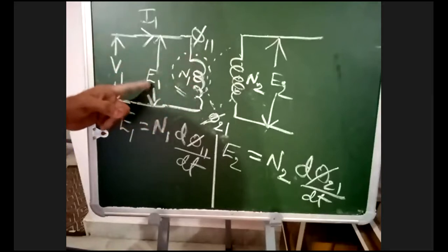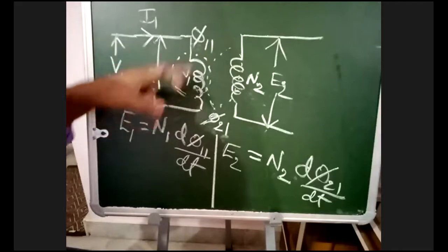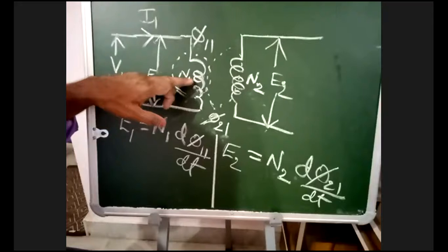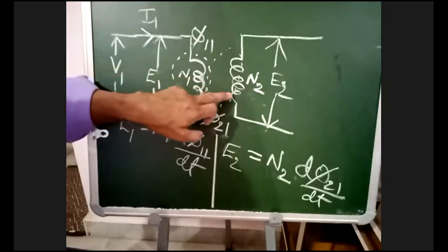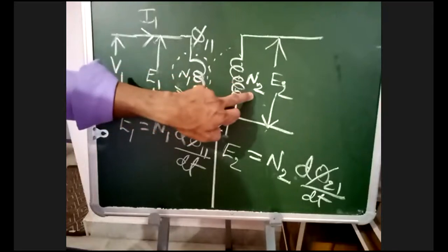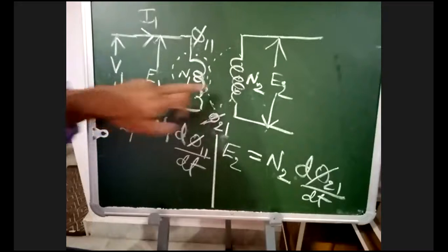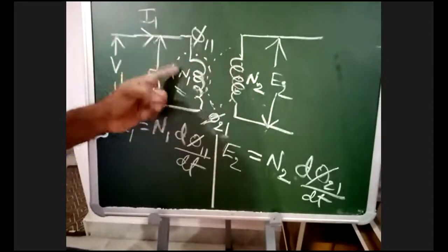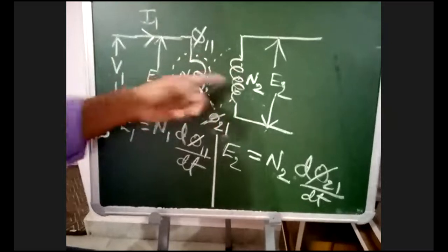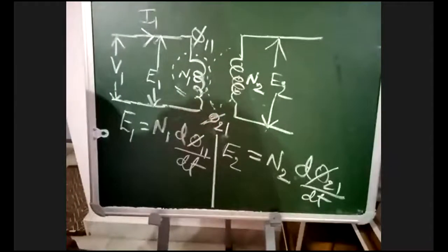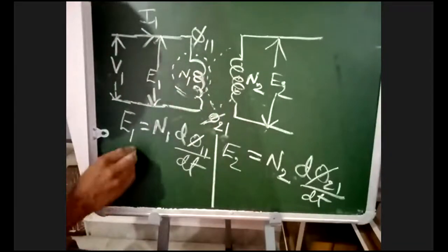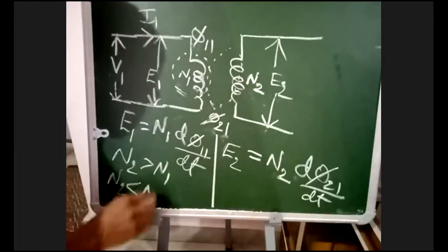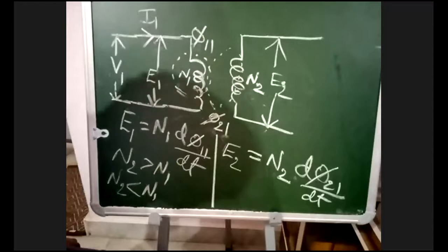You can decide E1. E1 is the induced voltage in the primary winding. Because of the number of turns, it will decide this E1. If the number of turns is 500, we'll get 500. Here, if the number of turns is 300, we'll get 300 volts. Now E2 is less than E1. That is step down voltage. We can step up the AC. This voltage can be stepped up or stepped down with the help of the primary winding and secondary winding. I have already told you, if N2 is greater than N1, it is a step up transformer. If N2 is less than N1, it is a step down transformer.